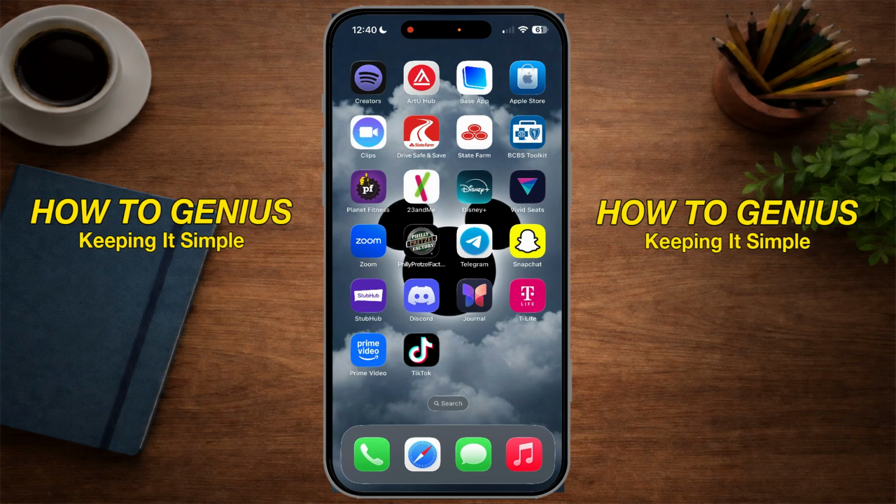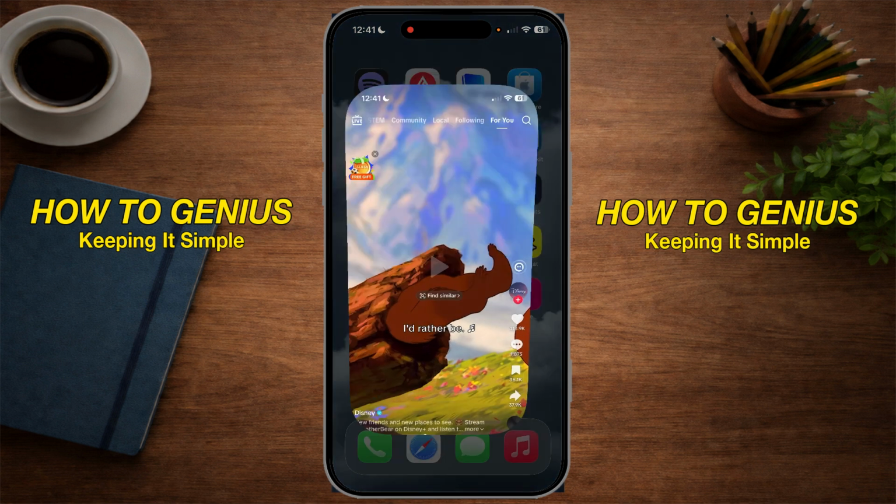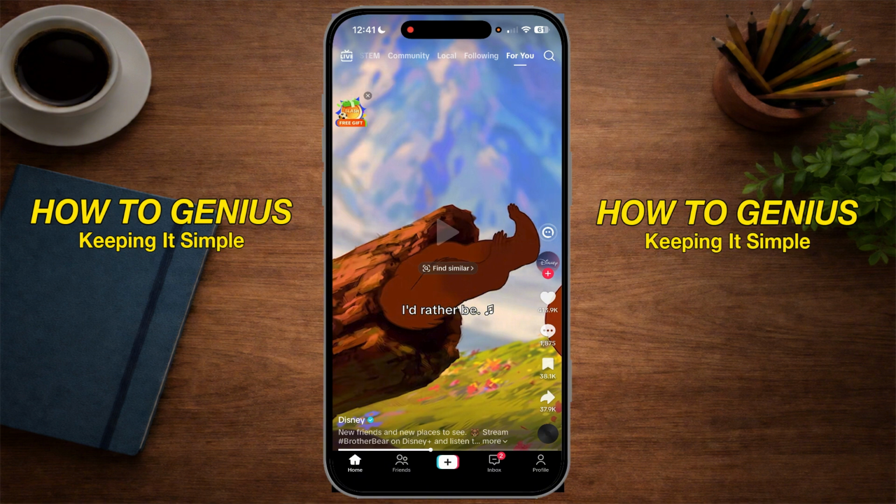I'm going to show you how to delete all of your saved videos on TikTok. What we'll do is we'll save a video and then we'll go find where they are and then delete them from there. So let's go to TikTok. And I'm just going to save this video here, and all you need to do is go ahead and hit